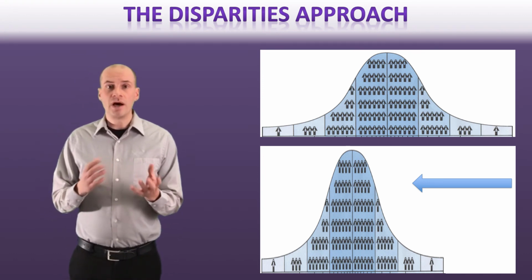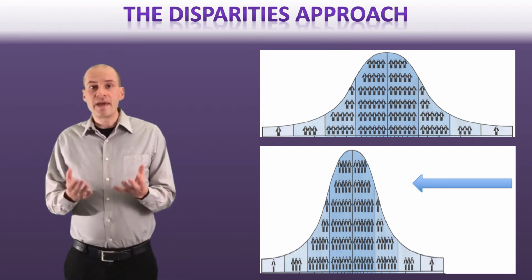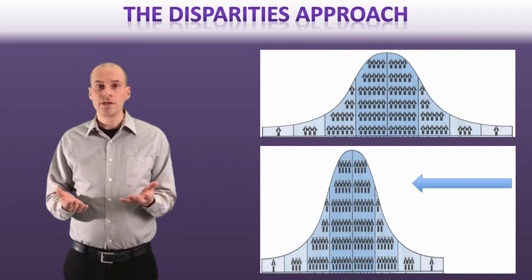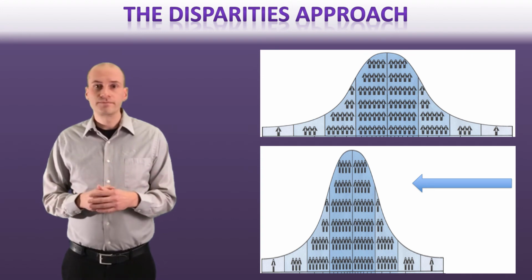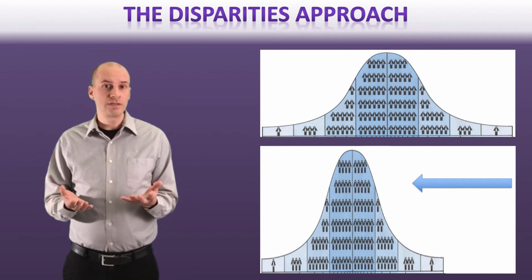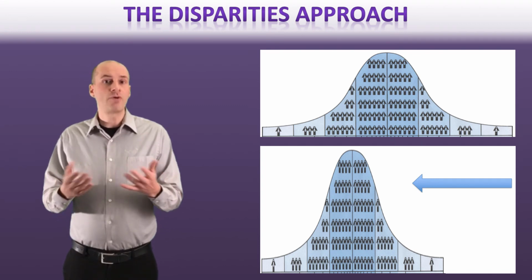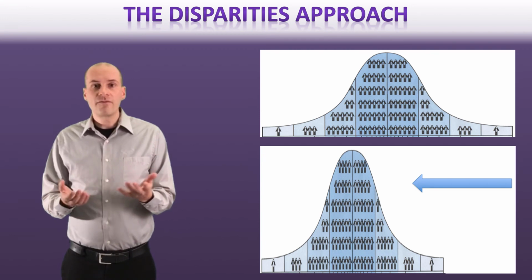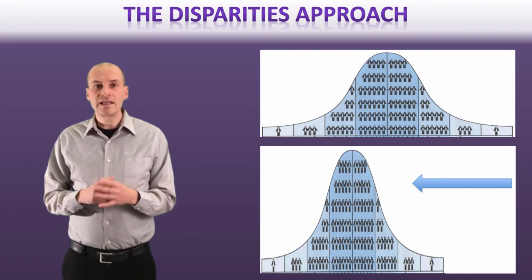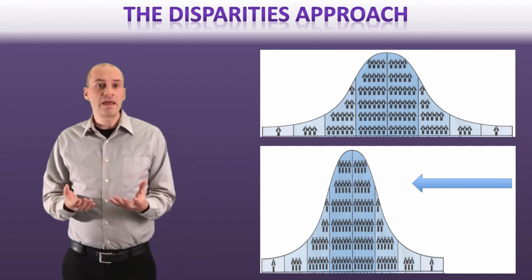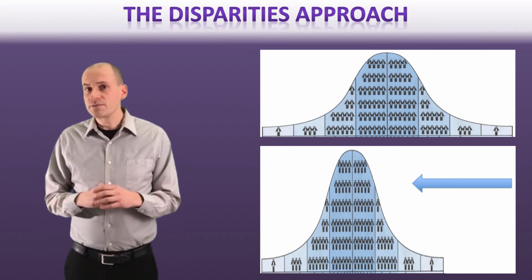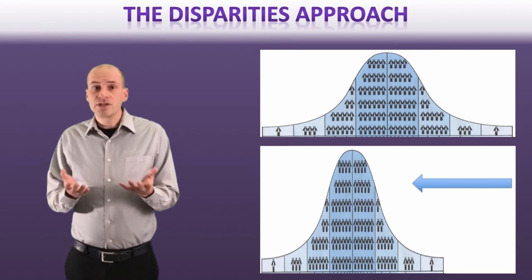A disparities approach intervention would be a state law that mandated funding and equal creation of publicly accessible spaces and resources for exercise. This could, in theory, make a huge difference for communities that are lacking these resources. By comparison, wealthy communities often already have adequate access, and therefore they would not particularly benefit from this law. So in many senses, this intervention is reallocating resources to create a more even playing field with respect to exercise across communities. Overall, the disparities approach works well in situations where a known health